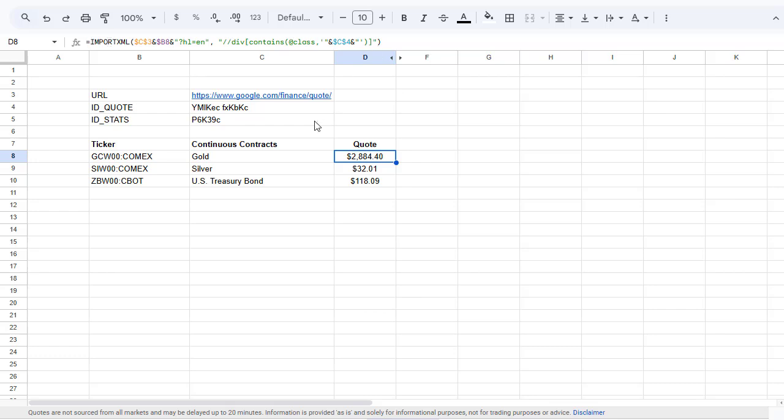You can copy the complete IMPORTXML, including those three parts, below the video, and if you have any question, just let me know, write me a comment,